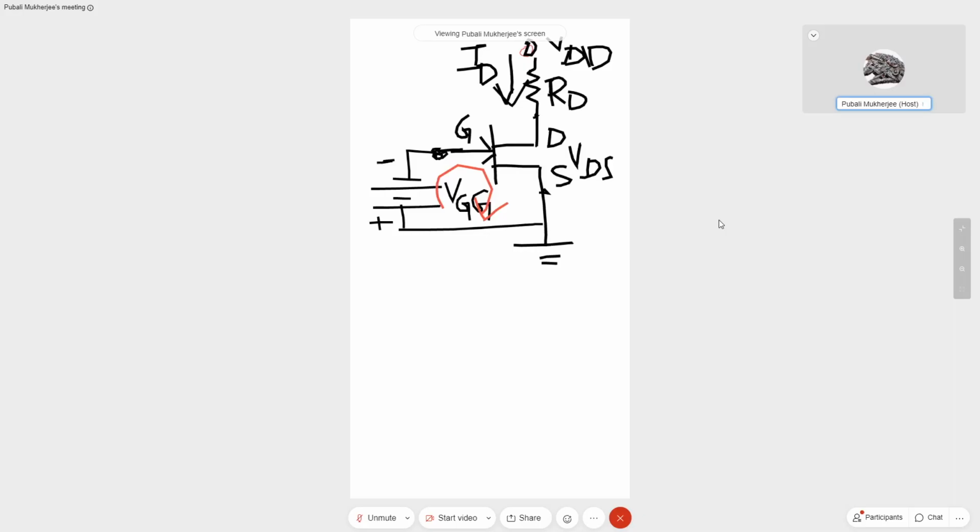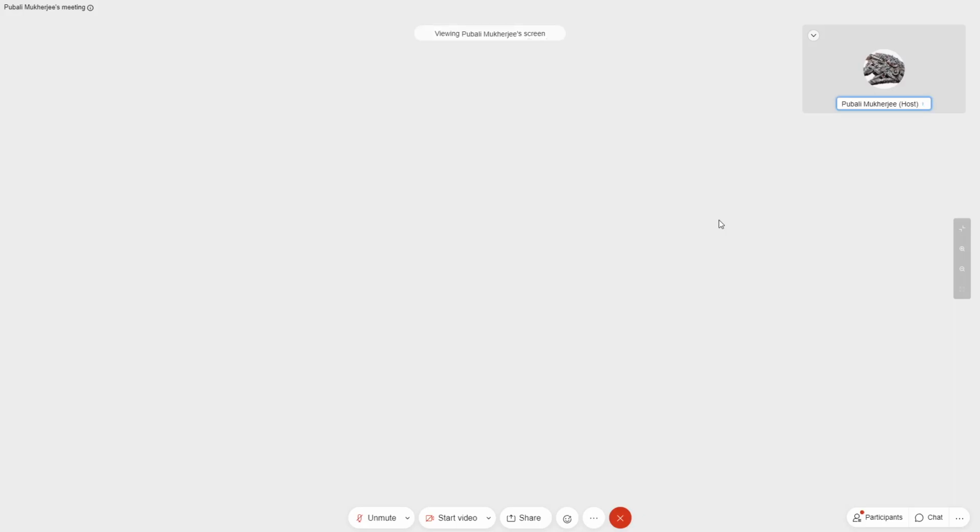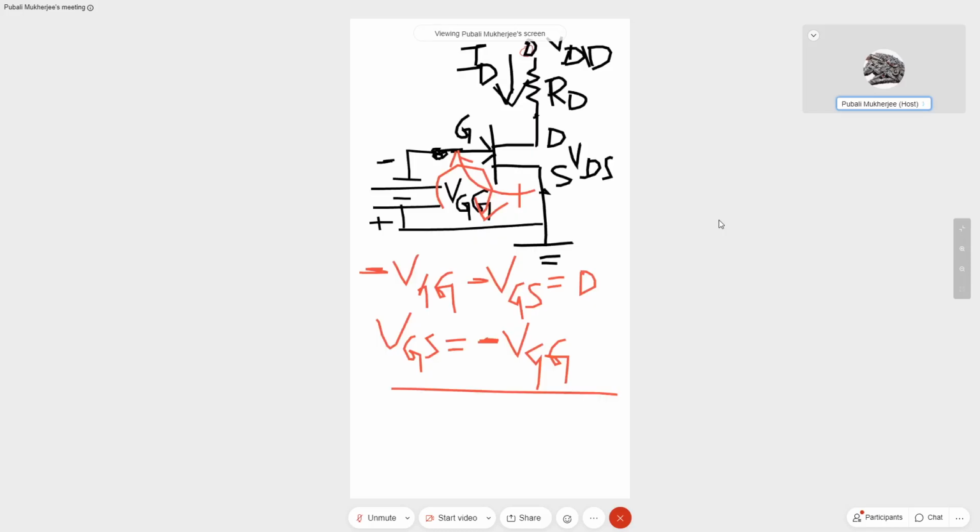That is what we actually do. VGS is equal to minus VGG. Remember, the various negative values of VGS that we give are nothing but setting VGG to various negative values: 0, then -1, -2, up to the pinch-off voltage. Okay, so that is what we get. And since VGG in this circuit is fixed by the DC supply, we call it a fixed bias circuit.